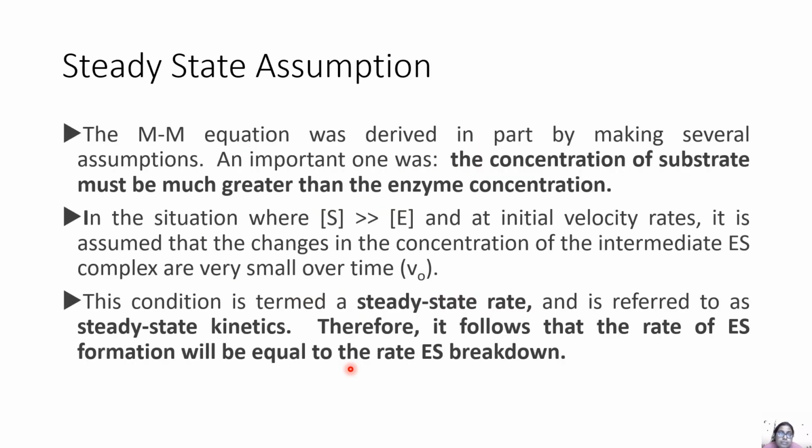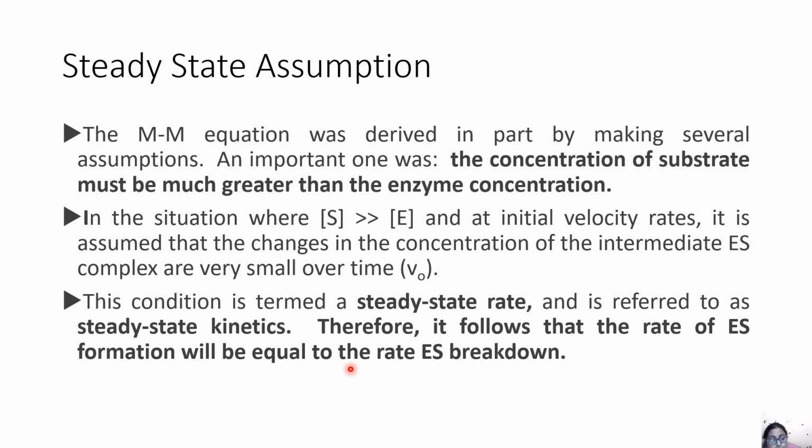So then we talk about the steady state assumption. The Michaelis-Menten equation was derived in part by making several assumptions. An important one was that the concentration of substrate must be much greater than the enzyme concentration. And in the situation where the substrate concentration is much greater than the enzyme concentration and at initial velocity rates,